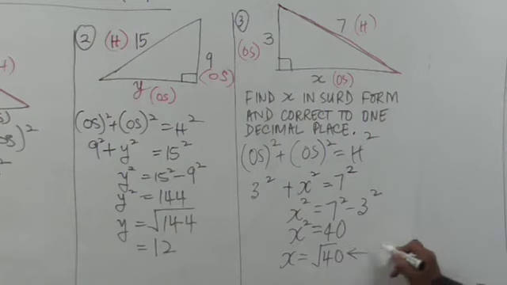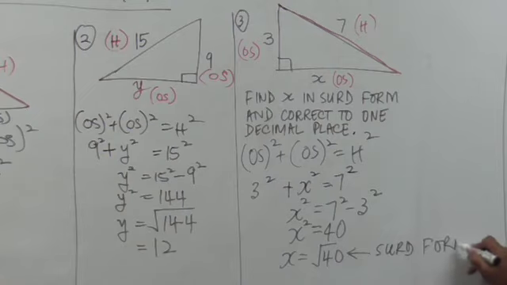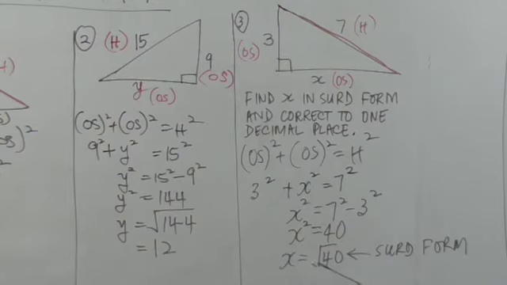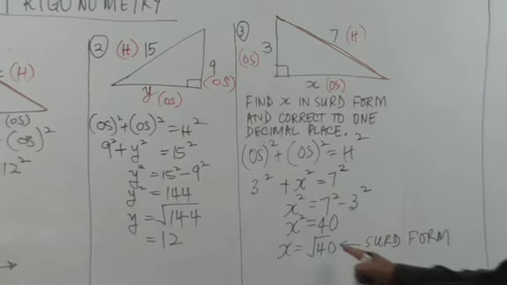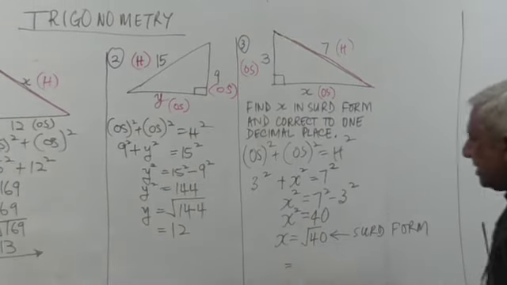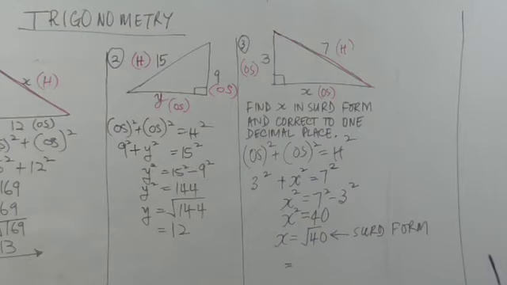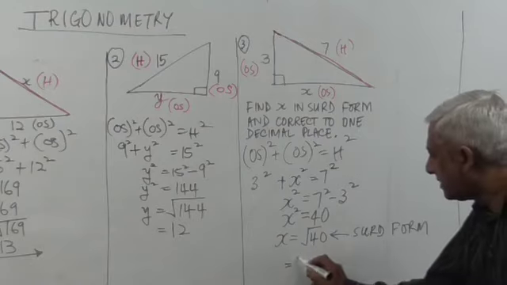Now that is surd form. The question said, find x in surd form. That is surd form, square root of 40. And then it says, find the answer correct to 1 decimal place. Now you put that in the calculator. Square root of 40, you put it in the calculator, and you will get